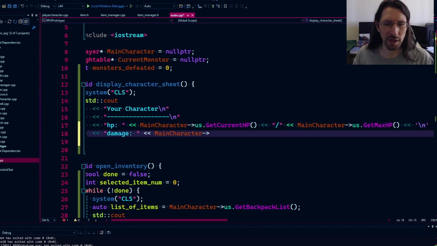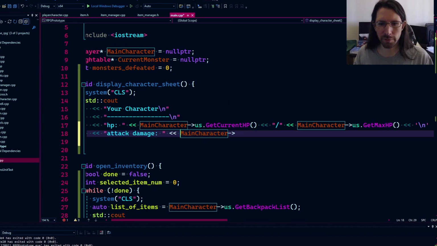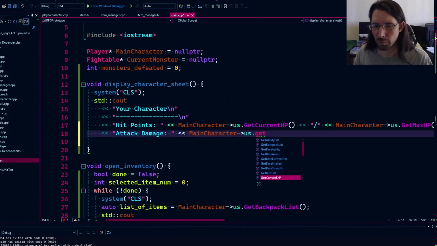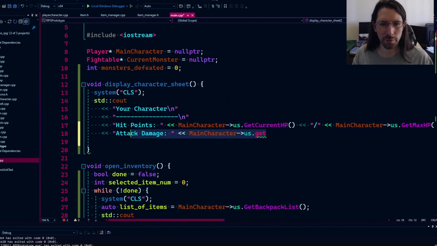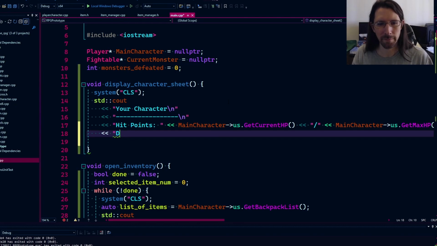Actually, let's show damage and armor. I feel like those are the most relevant things you'll probably want to see. Rather than attack damage, let's just say AD. Now, maybe we will spell it out. Let's just be real clear. We don't actually have a great way of showing the damage right now because it's all calculated with attack. So you basically have to do an attack, but you get a random value, so that's not good. We could check the weapon and then check the damage on the weapon, but what if the weapon's null? We don't really have this functionality built in well, so we're going to have to leave the attack damage off. Let's just put in armor here